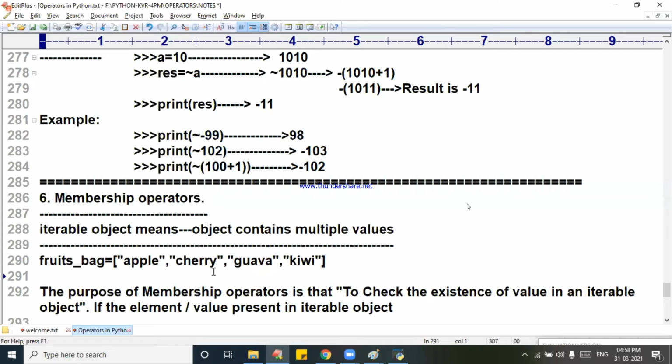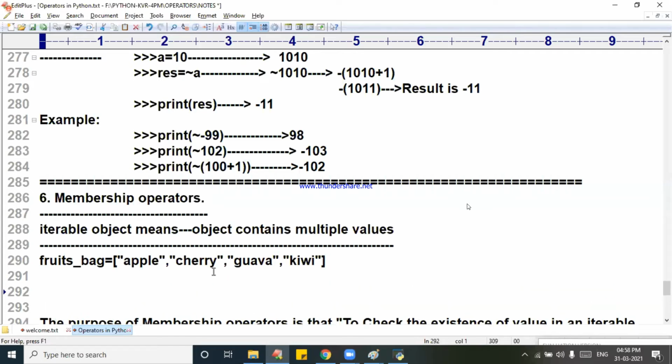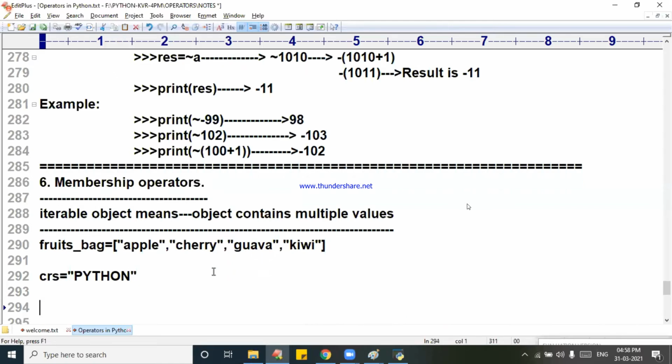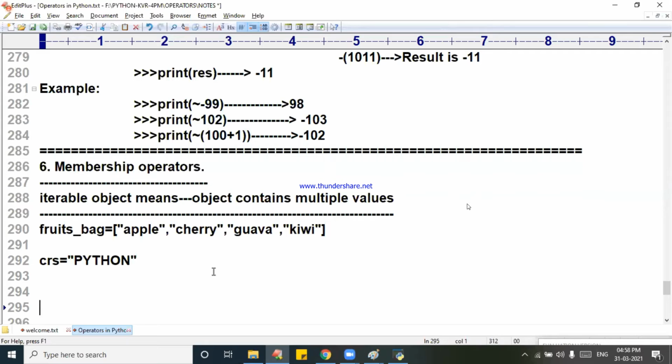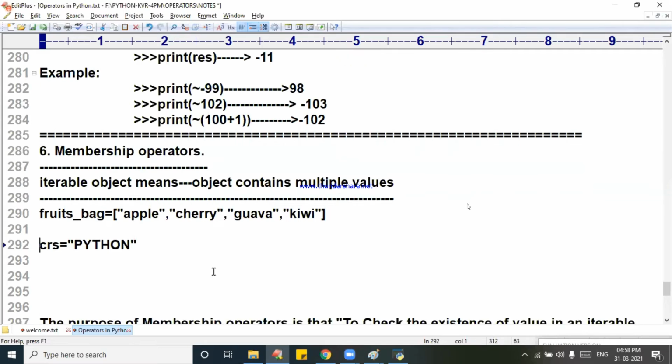One more example I will take. See, CRS is equal to Python. What is CRS? CRS is an object of what type? Excellent, STR type.